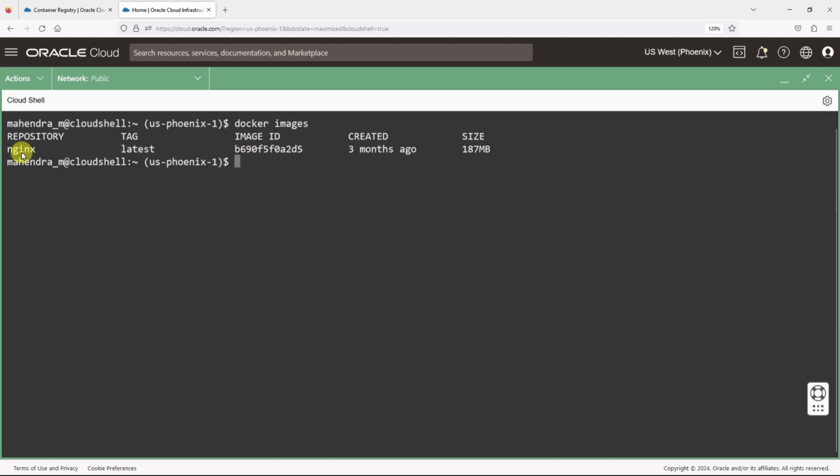Now I'll have to push this image to our OCIR repository that we just created, for which I'll have to first tag this image using the docker tag command. To tag the image, I'll use the docker tag command followed by the image ID, which I'll be tagging, that is the image ID of my nginx latest image. And here I've defined the fully qualified domain name for our OCIR repo, which is regionkey.ocir.io / the tenancy namespace / the repository name, which is